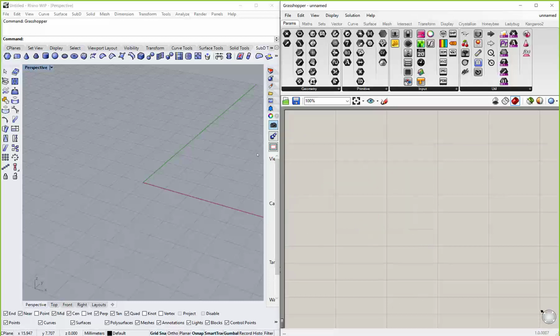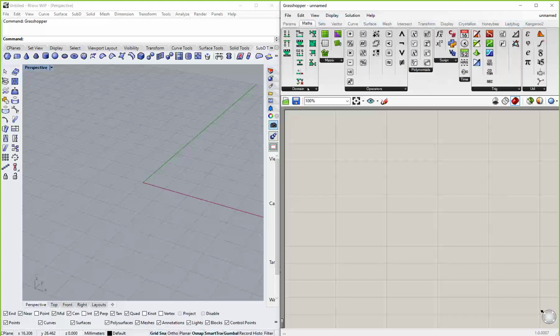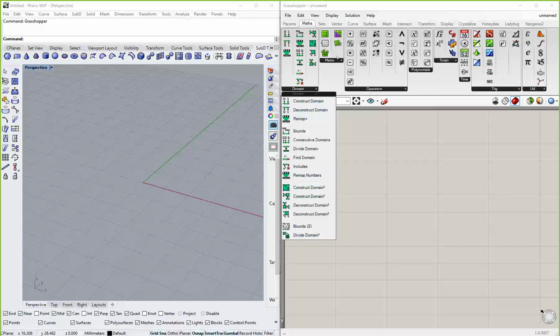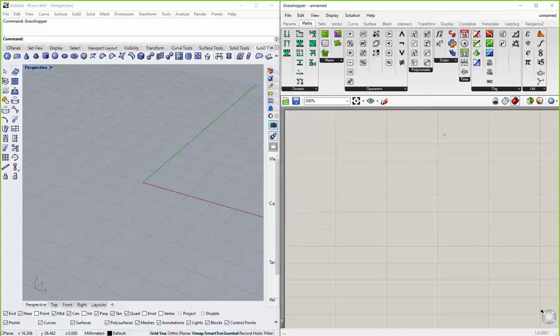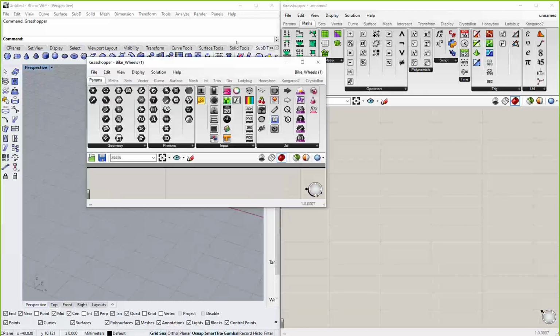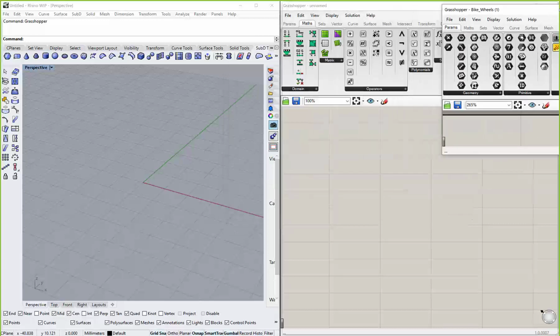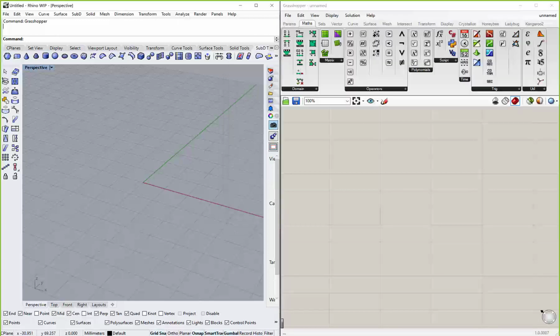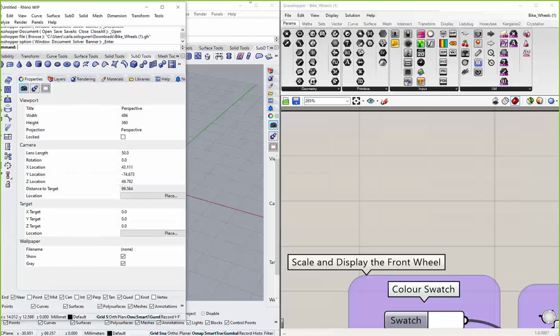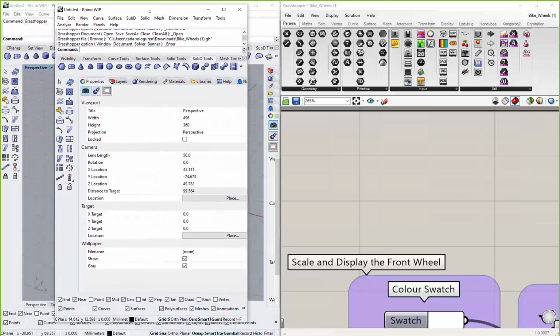I'll delete this for the moment, and well, it's really simple. It has like a menu bar, it has little tabs with families and subfamilies of tools. I can display more if I click on that black box that appears below,